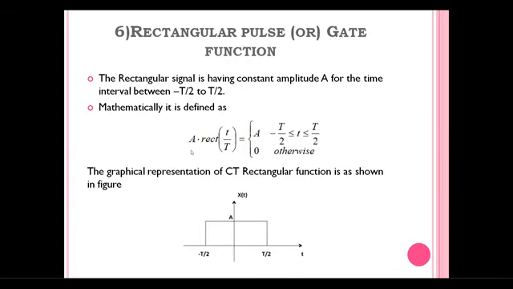What is the standard notation of this rectangular pulse? A rect of t by T. Just as the sine waveform is noted as sin omega t, similarly the rectangular pulse is noted as rect of t by T. A is the amplitude of the rectangular pulse, and t divided by T, where t is the variable time divided by the capital T. What is the capital T? It is the width of the rectangular pulse. In this pulse, the width is the difference between this upper